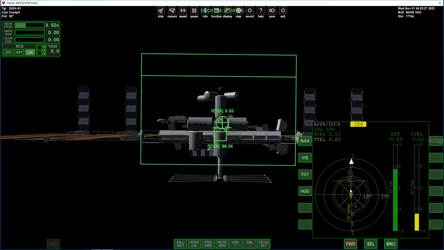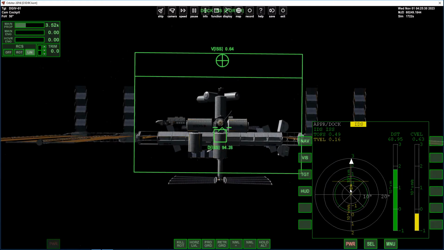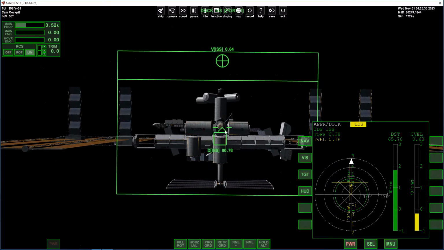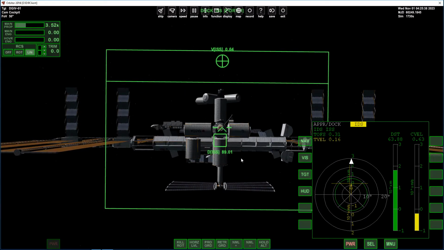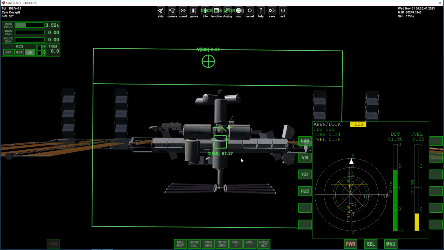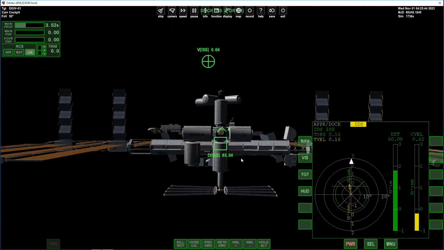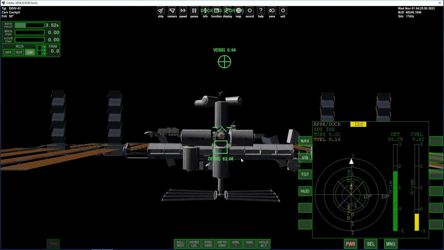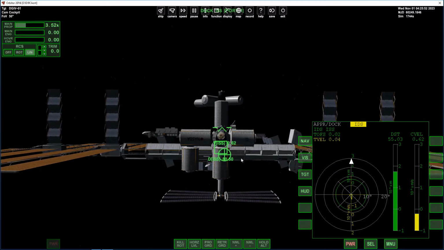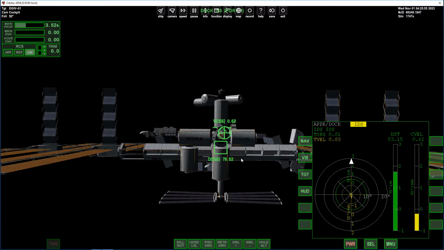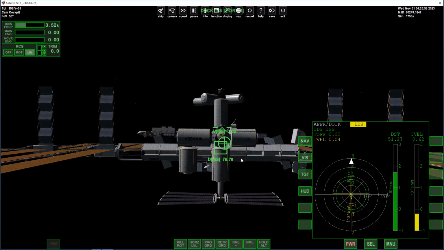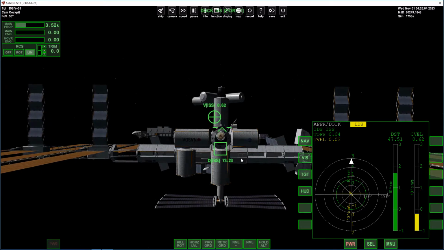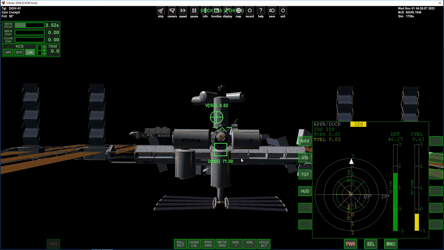So we need to get up a little bit, as you can see right now. And as you can see, there is the docking port that we're going to dock with. And we need to get a little bit to the left by pressing 1. And now we need to straighten up, and we need to go up a little bit and then more to the left, straighten up,